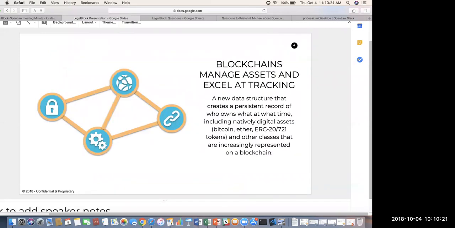So blockchains themselves are extremely useful for managing assets. The data structure creates an immutable record of who owns what and at what time. So non-fungible tokens issued through smart contracts can represent unique assets, and they can represent real estate, IP rights, stock, evidence of ownership, and so on.